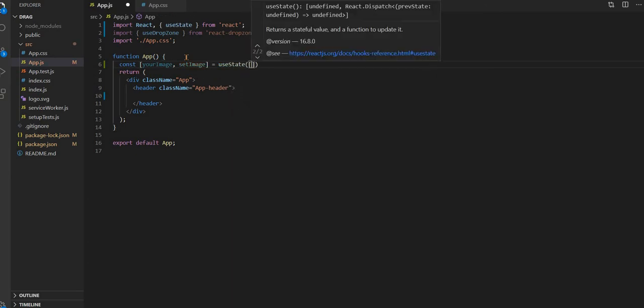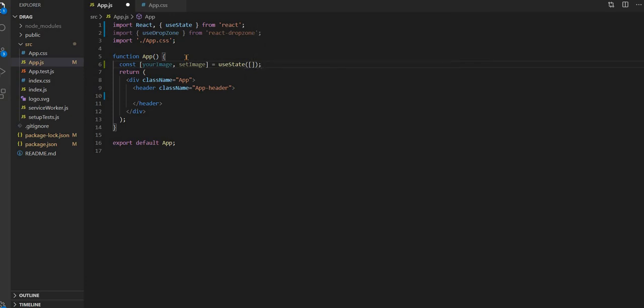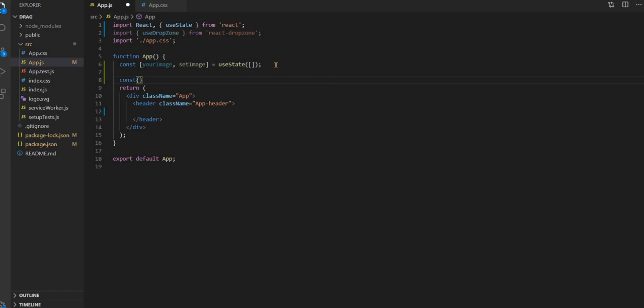Inside the useState, I'm just initializing with an empty array. So let's use the useDropzone: getRootProps, getInputProps, and the last one is isDragActive.